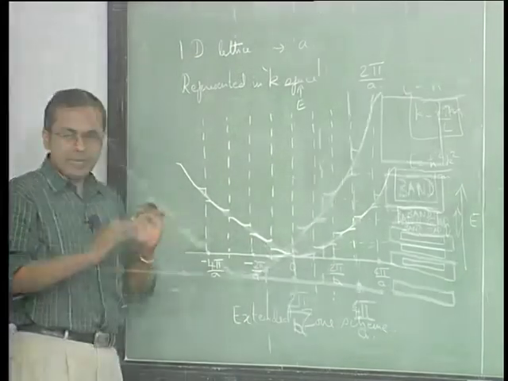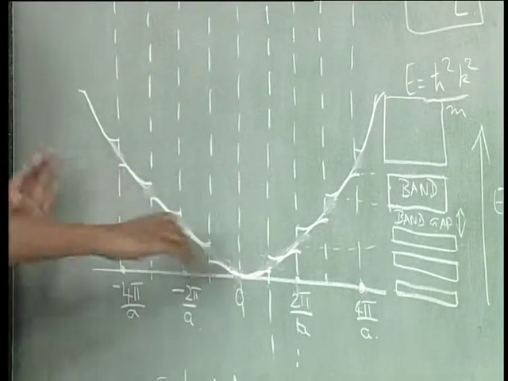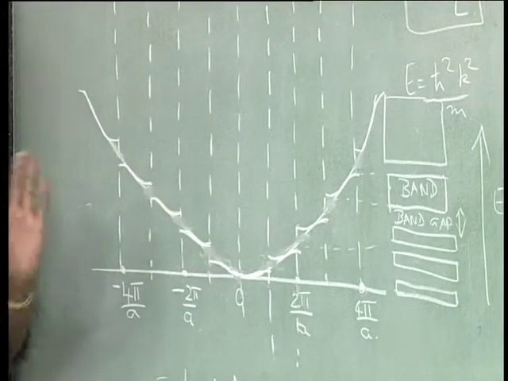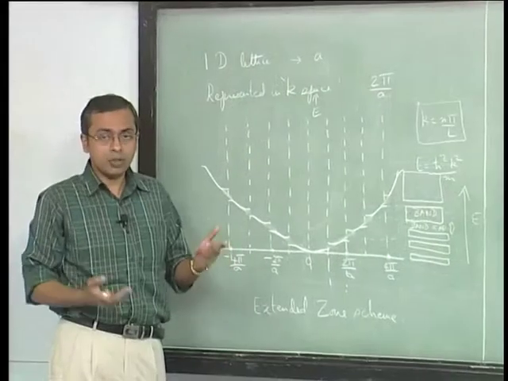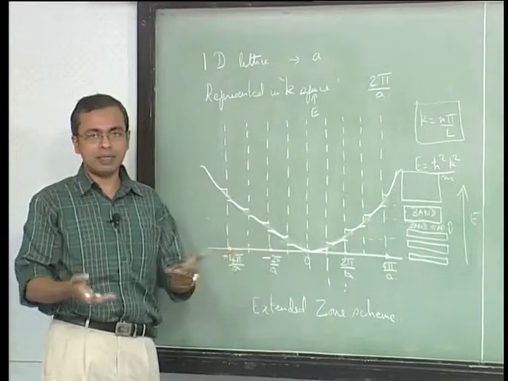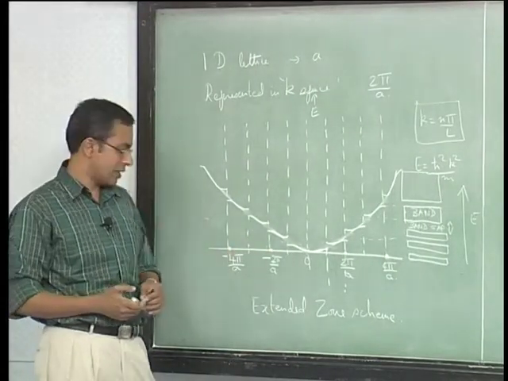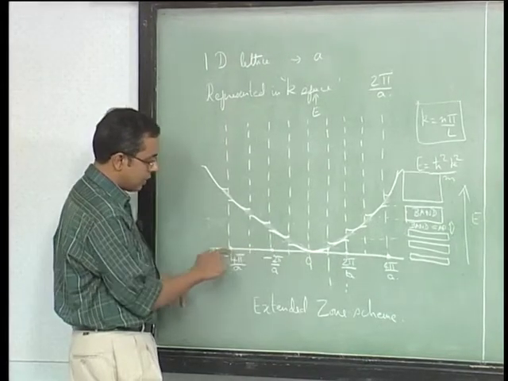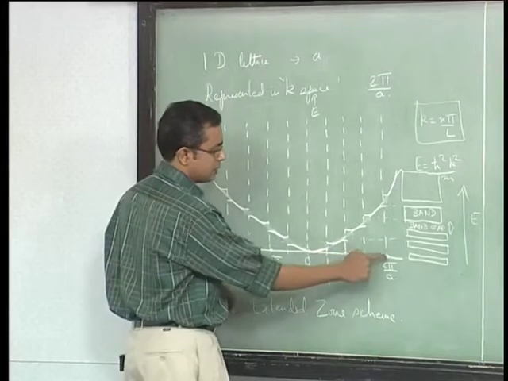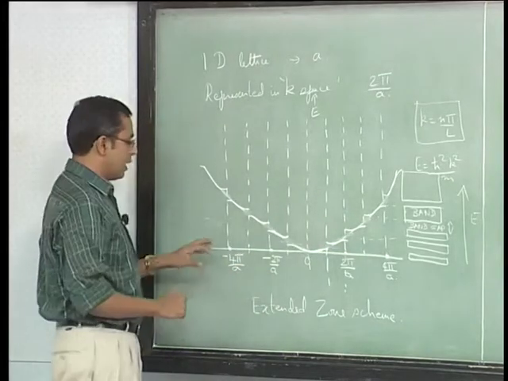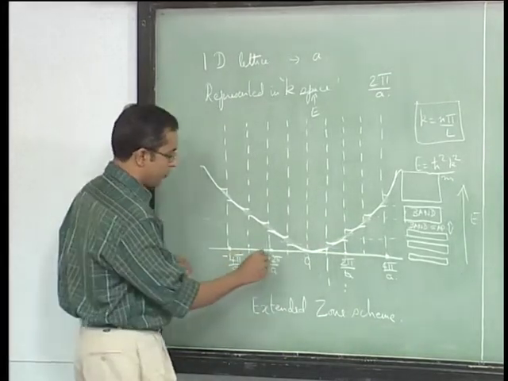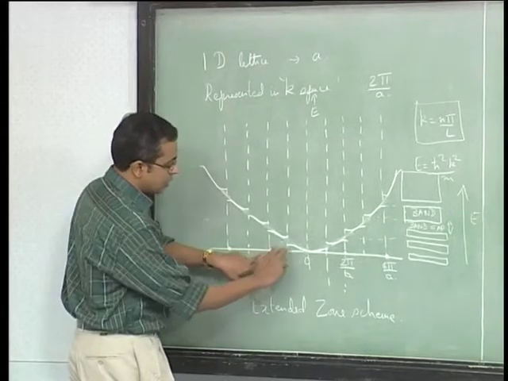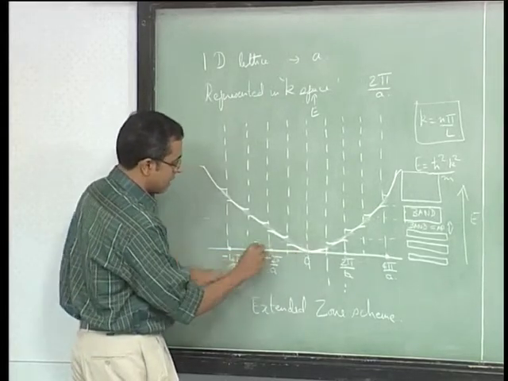So in fact it is correct to actually say that this exact same situation exists about every reciprocal lattice point, because our choice of origin is rather arbitrary, we have just chosen one for our convenience. So what we will do is we will draw the exact same diagram about this lattice point as well as this lattice point, this lattice point as well as this lattice point. Okay, then when you do that you will see what will happen. So about this lattice point, you see this curve here, the same curve will occur here,